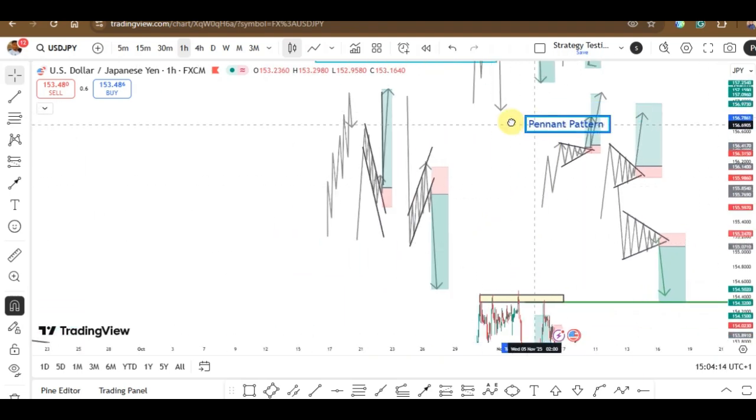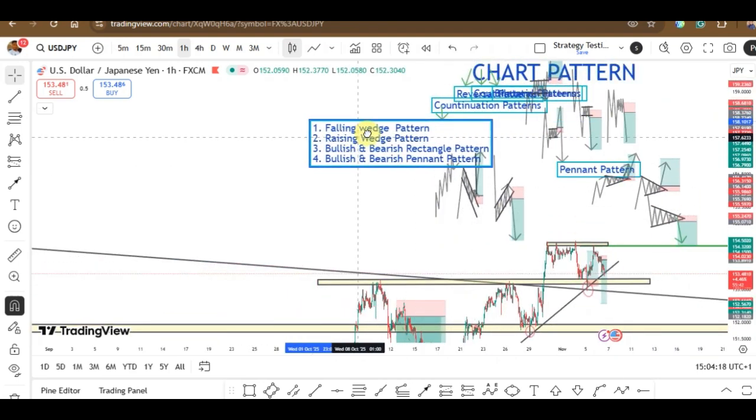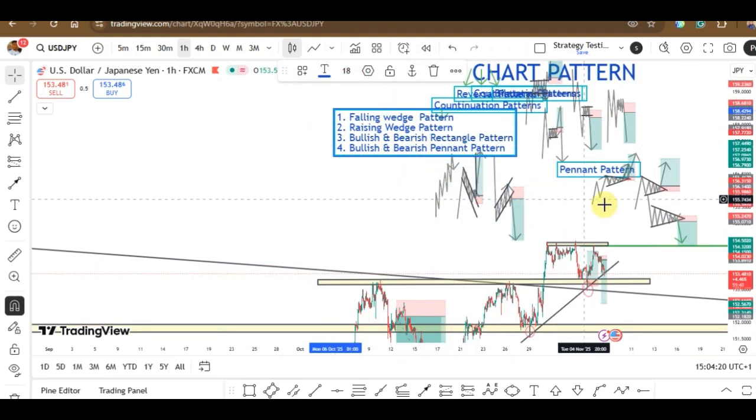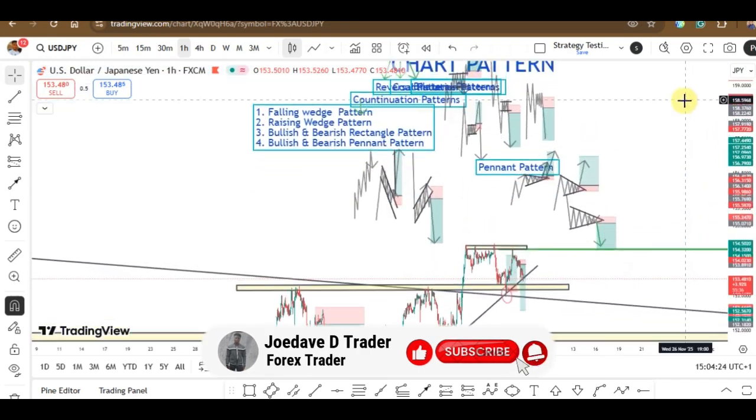So we just talked about the peanut pattern. Is there any pattern we've not talked about? Let's just see on our chart. So actually we've talked about everything, and I think this brings us to the end of the